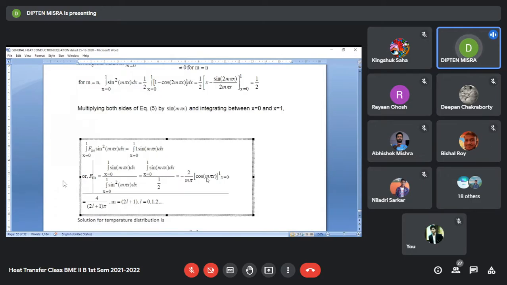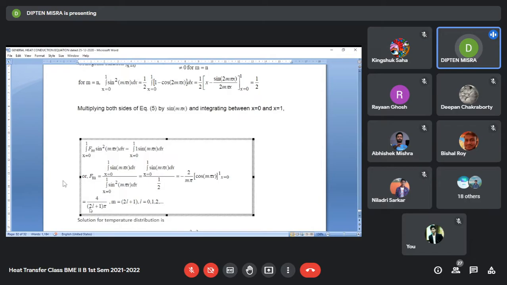When m is even, then this also is equal to 1. So 1 minus 1 becomes equal to 0. But when m is odd, this cos of odd pi becomes equal to minus 1. So it becomes 1 minus minus 1, that is equal to plus 2. So already there is 1, 2 into another 2, that makes it 4. And this integration will be 2 when the value of m is odd.